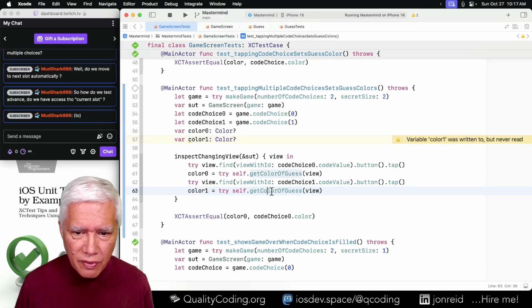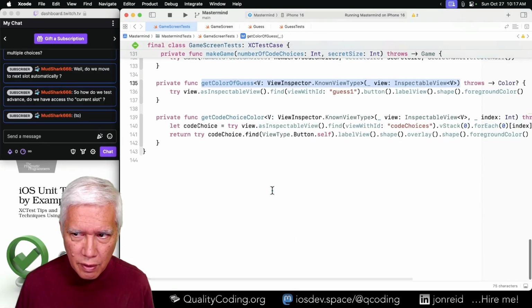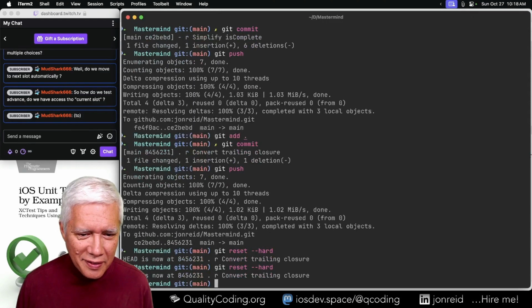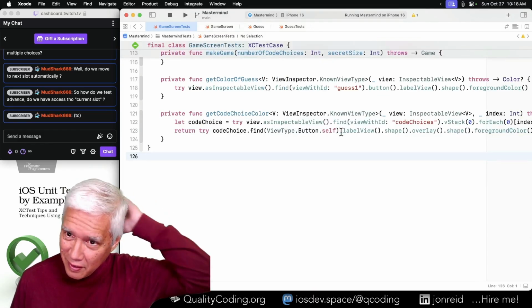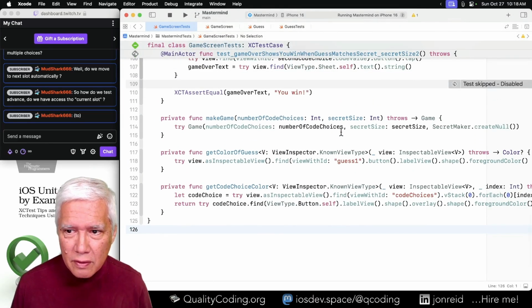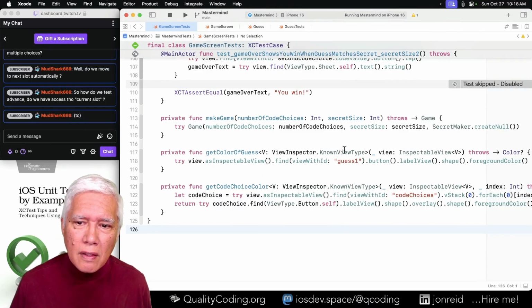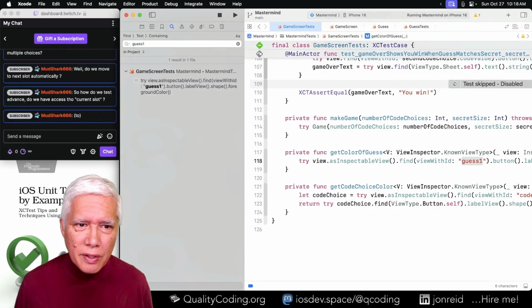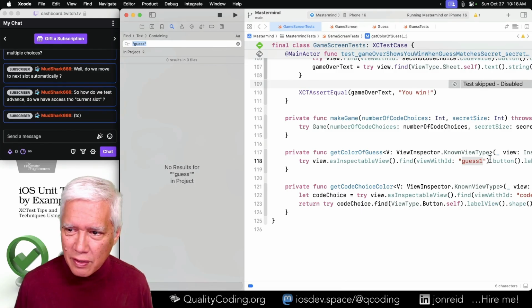What is get color of guess in the view? I don't think that's right. Bark. We need to change this. Reset. Let's make sure guess one doesn't exist in the code. Instead, we have like guess, huh? Where does this ID come from?